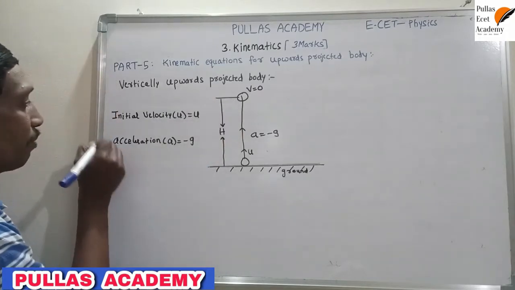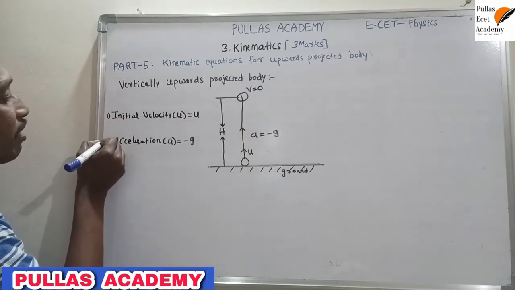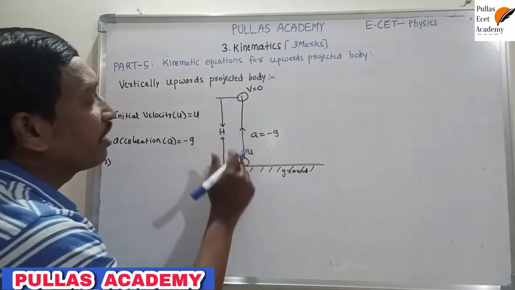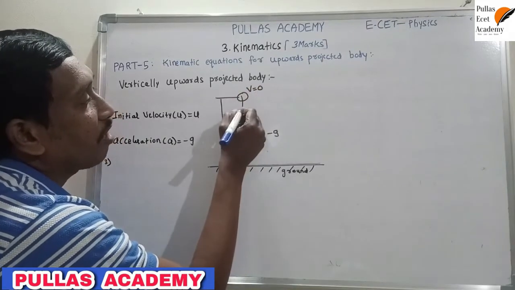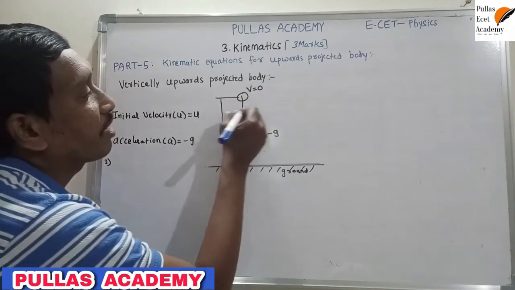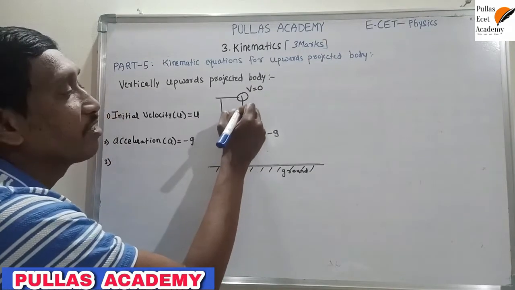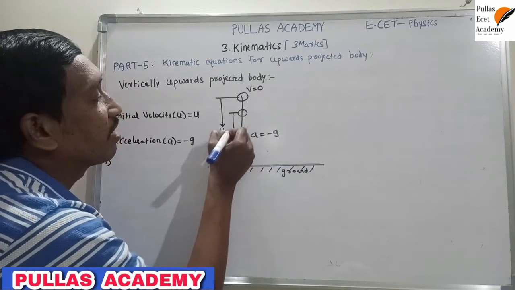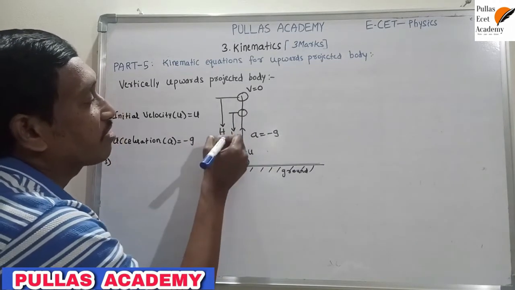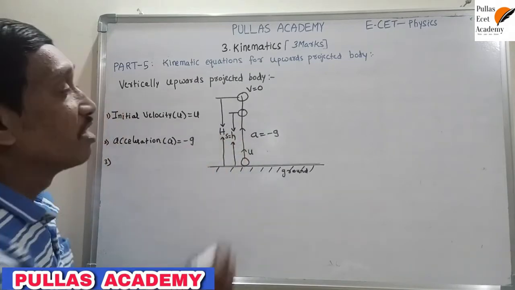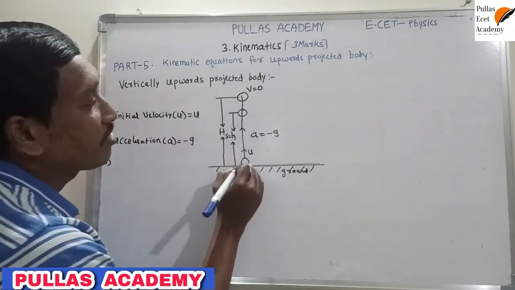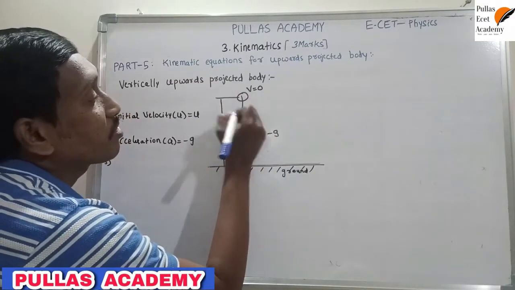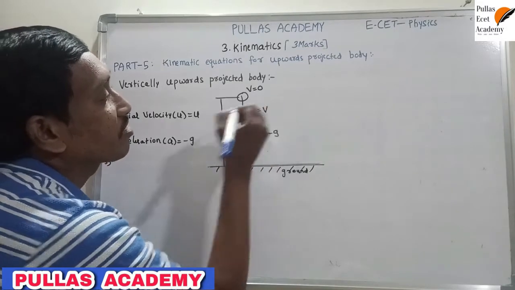Okay, next one more point here. This is the first parameter, second one, and third one is, for example, the displacement. When it reaches the maximum height, velocity is 0. Otherwise, if you consider one instant of position, this is not the final position, this is not the maximum height, this is a certain height h, so the travel distance is equal to h. That means here displacement is equal to h. This is one instant of position, this is ground, this is the maximum height, but where it reaches a certain height, its velocity is considered as v.